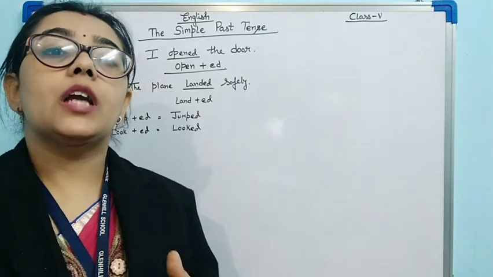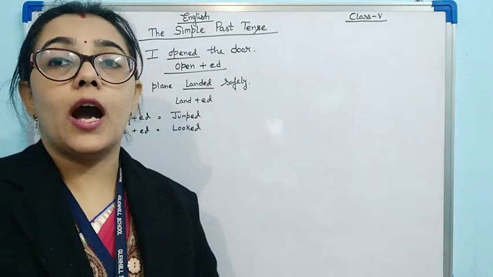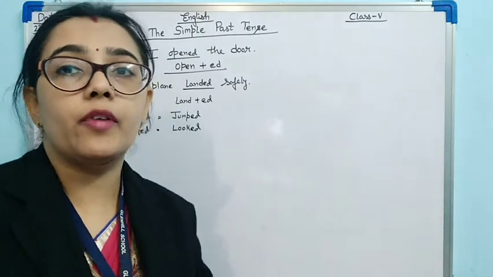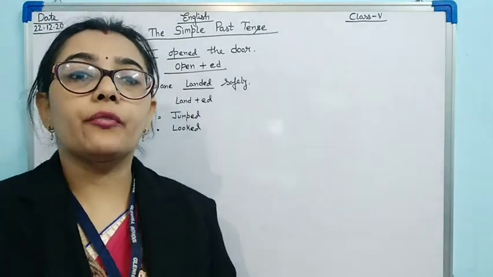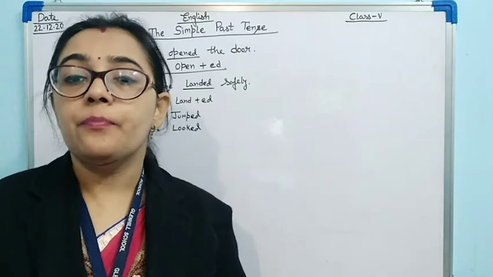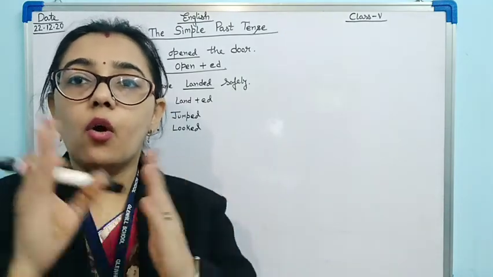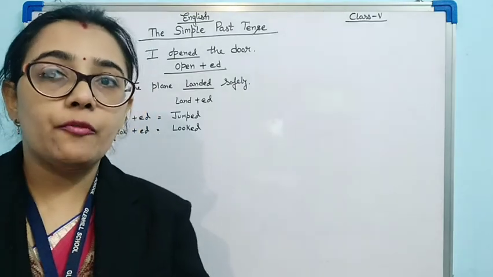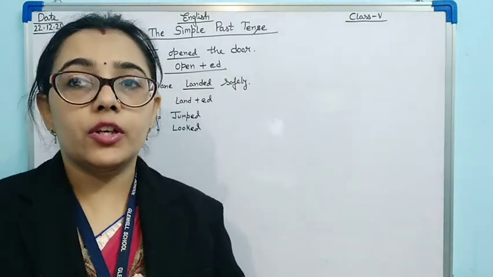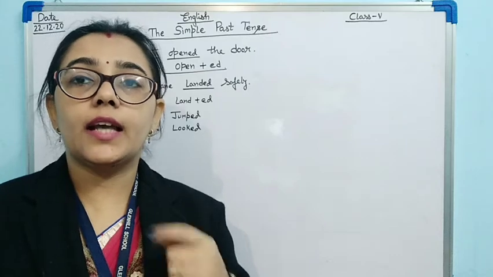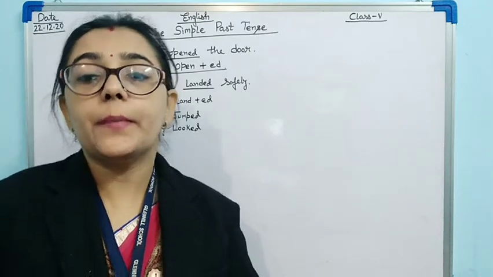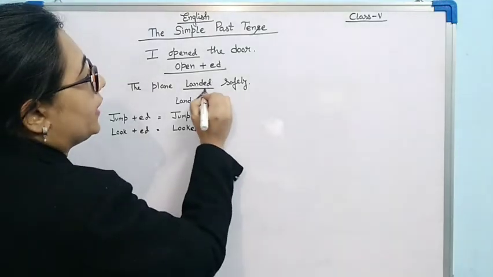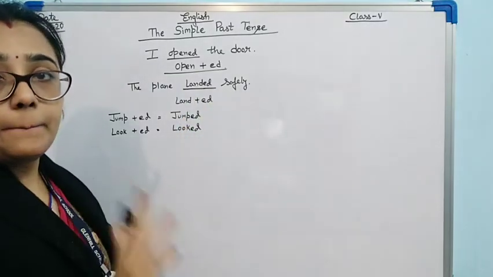Is it clear? Now, for learning all these things, you have to prepare the three forms of verbs. Generally, it is given at the back of your grammar book or any other grammar book. All the forms, like present tense, past tense, and past participle, are given. You have to learn it up so that it is on the tip of your tongue.